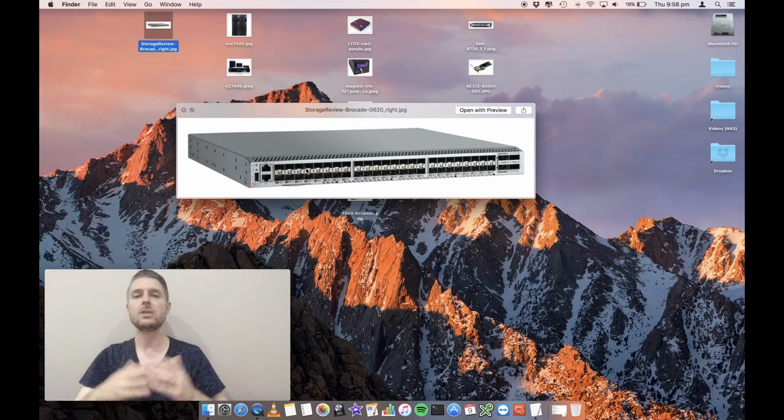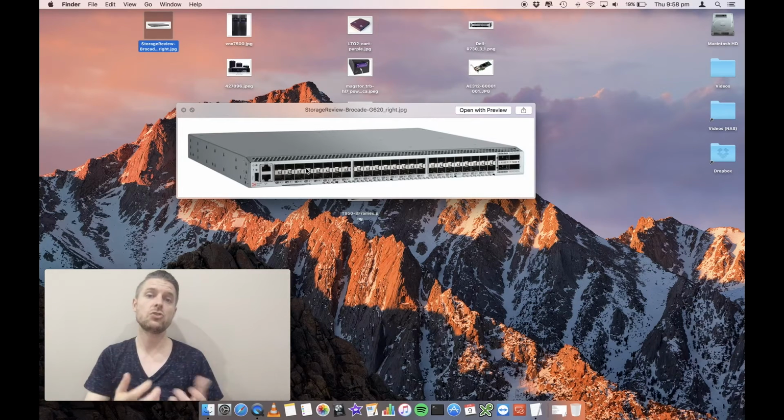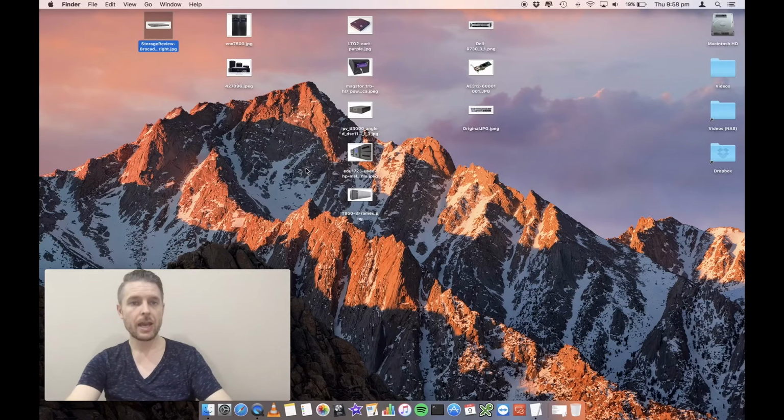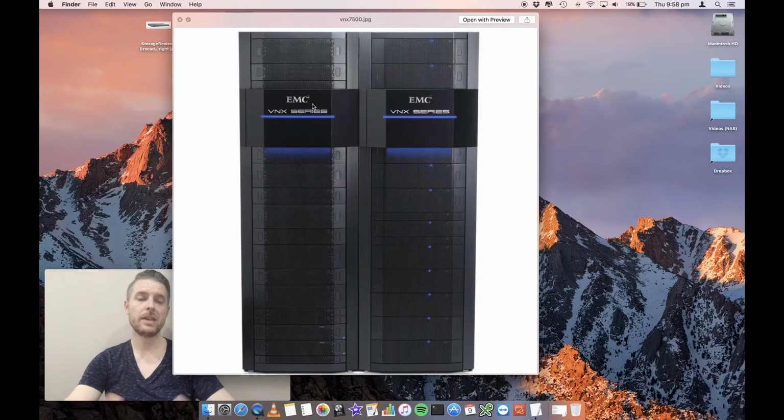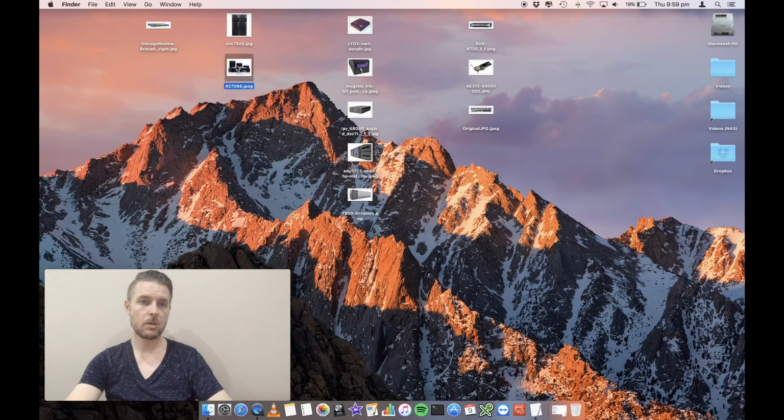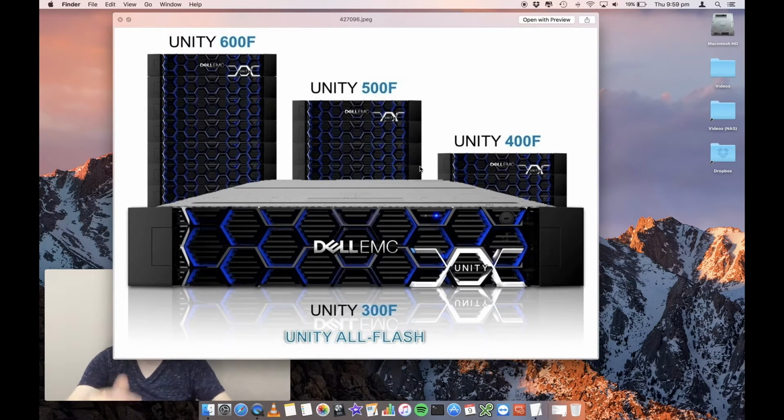So a SAN, as we said, is essentially a big storage array worth of disks, heaps of disks. You can have terabytes and terabytes, petabytes worth of disks in your environment to easily manage and store all of your media. Now, you can also get smaller end SAN devices. So if we're looking at something like this, this is a large end VNX storage. You've also got our newer Unity SANs. You can also configure, if we're talking about this smaller one, this is a Unity 300, you can use this for what is called